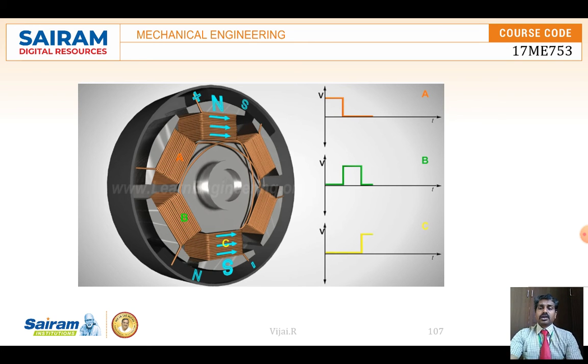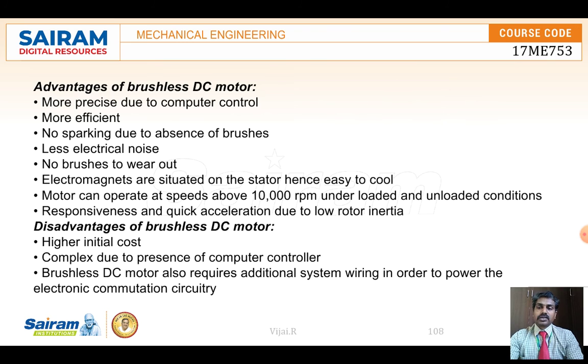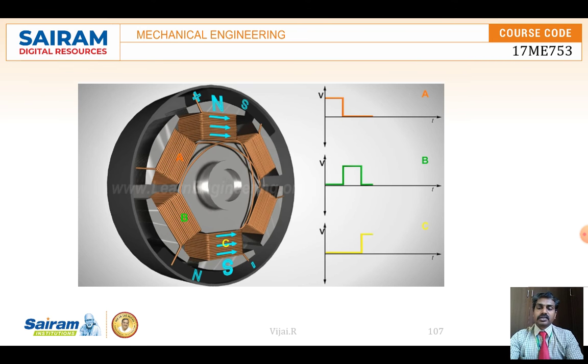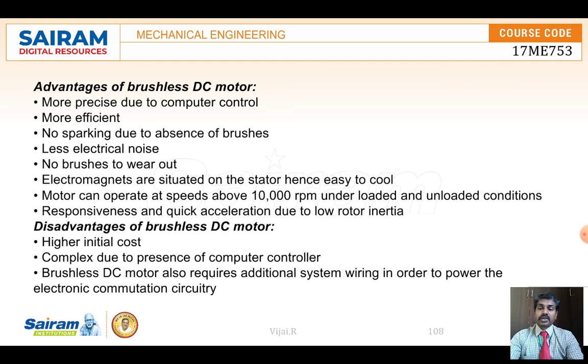So the supply, if you are giving the supply alternately to the A set of coils and the B set of coils, then when we change the supply to the different coil system, automatically the magnetic field is going to be produced in the next coils, so that a push and pull action takes place, and then it rotates. So there are no contact brushes or armatures here,